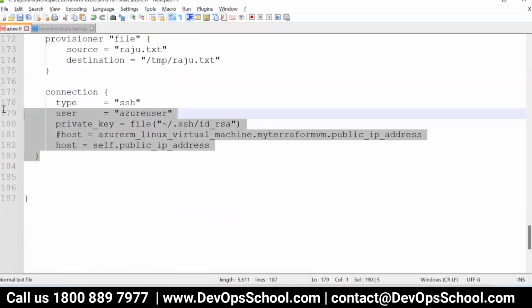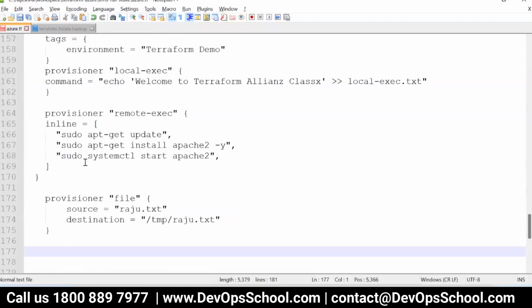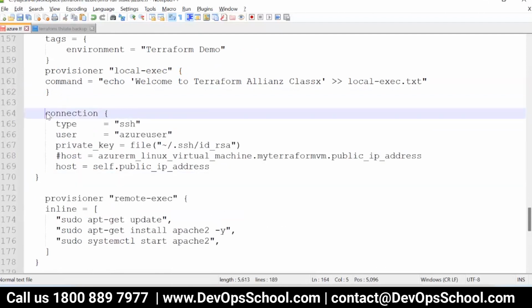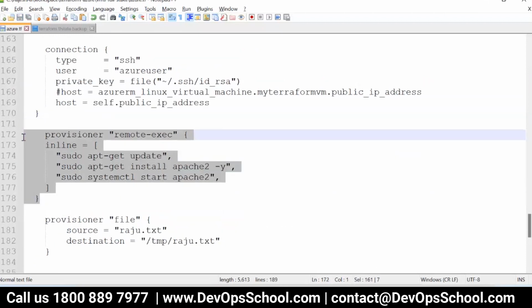Rajesh, for the file, right? Uh-huh. So if I want to copy the file between two servers remotely, then I should have two server connections in the code, right? Between the two servers. Yeah. So I have two servers in Azure. Okay. I want to copy the file between source and destination. So in that case, I should then have. You can use remote exec.